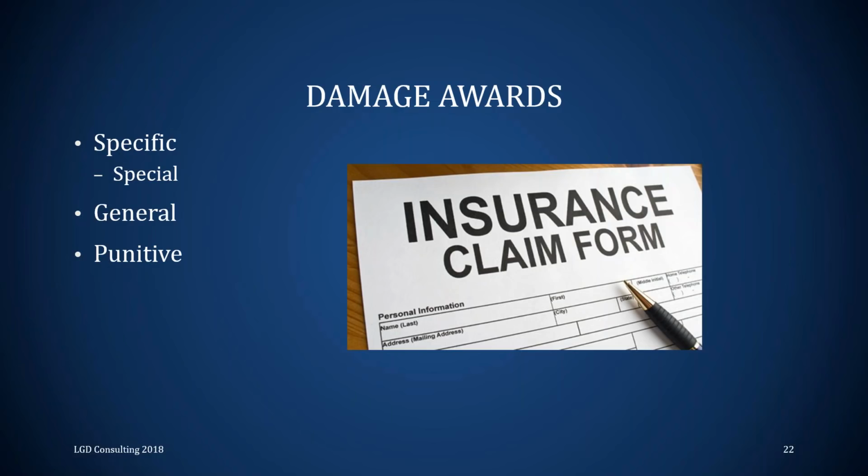General is the non-specific. That would be like mental anguish, pain, and suffering, okay, where we really cannot put a dollar amount to that loss. Right? Even for mental anguish, pain, and suffering, even the juries may use a multiplier. Right? So it could be a multiplier of what the specific damage was awarded, and that's what they'll pay for mental anguish, pain, and suffering.